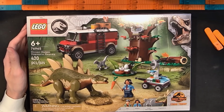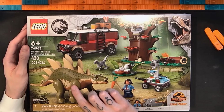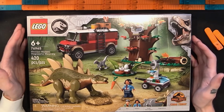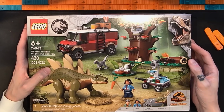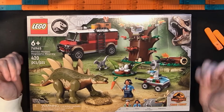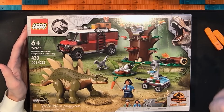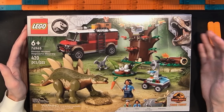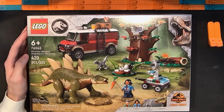This set retails for $65, and a big part of that, I believe this Stegosaurus is new. And then, with the dinosaurs, molded animals in general, prices do get inflated, and then also there's the IP and everything else. But I found this for a really good discount, taking it from $65 down to like $39.50 or something like that, which is really significant, like a 30% or potentially a little bit more discount,